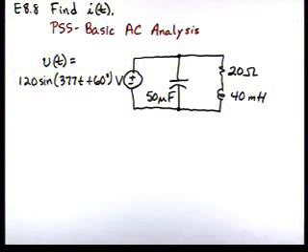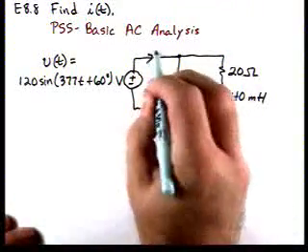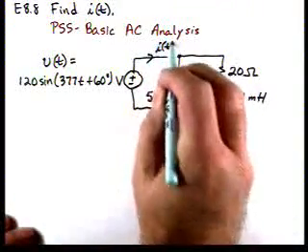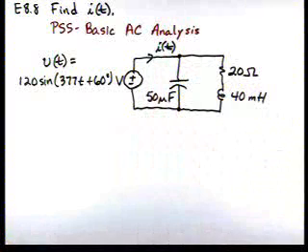Okay, in Learning Assessment 8.8, we're asked to find the current I of t in the circuit, and I of t is the current flowing out of the source. We're going to use the problem-solving strategy entitled Basic AC Analysis. And step 1 in that strategy says express V of t as a phasor and determine the impedance of each